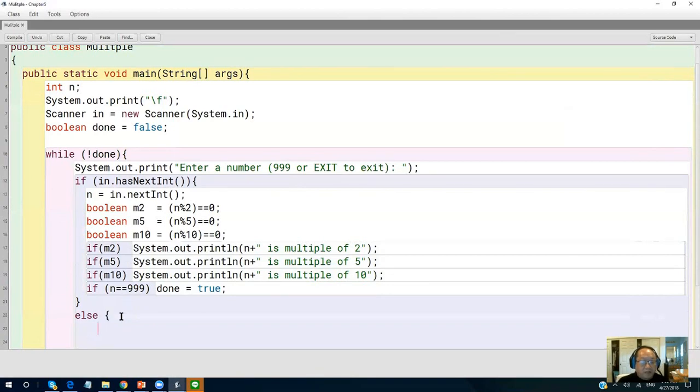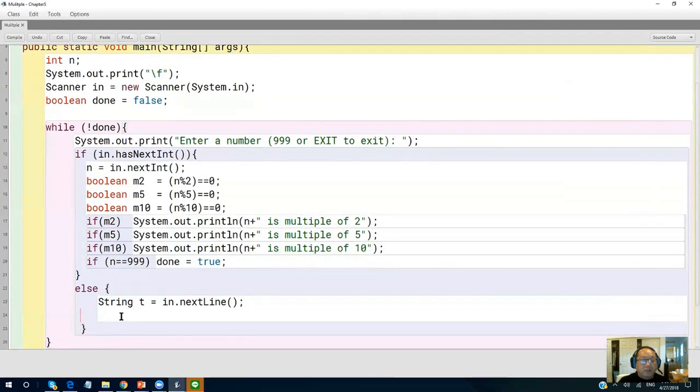When I go here, then I'll say, actually let me do this. Let me have a string t equals in the next line. I read in a string. If it is not an integer, I read in a string, right?